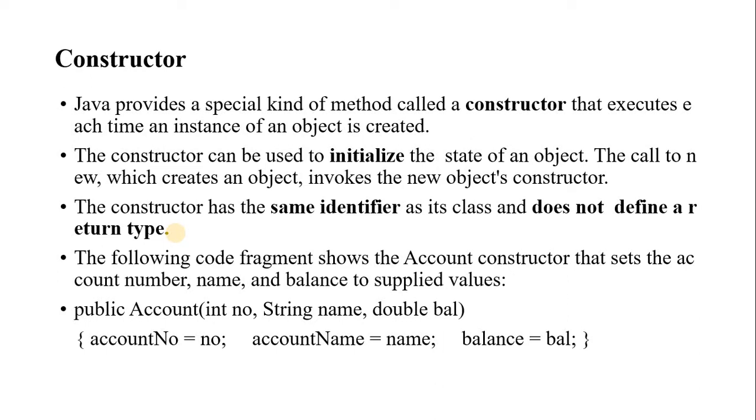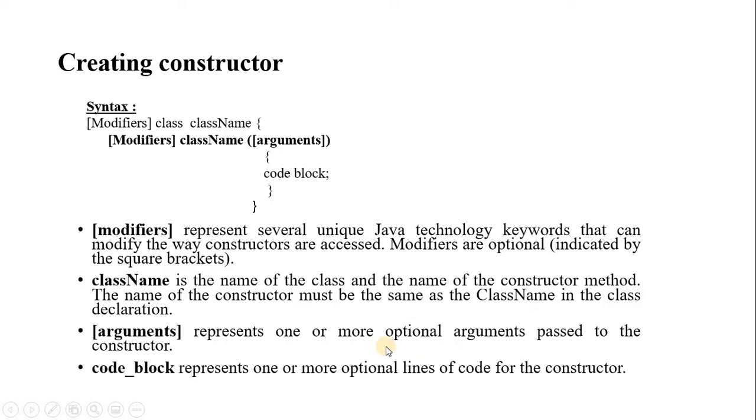So these are the points. The constructor will initialize the value. Once an object is created, the constructor method is automatically called. The constructor name will be the same as the class name, and a constructor will not return a value. For example, if the class name is Account, this can be a constructor. Public Account is a constructor which is passing an argument here like a method, but it will not return any value. The argument value we are receiving can be used within the code block, and it is also assigned to the class-level variable.